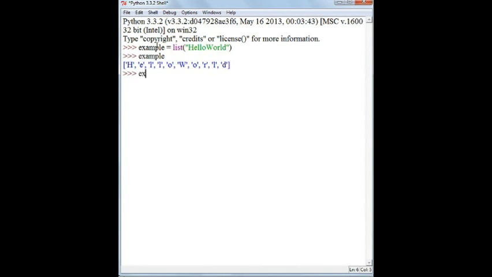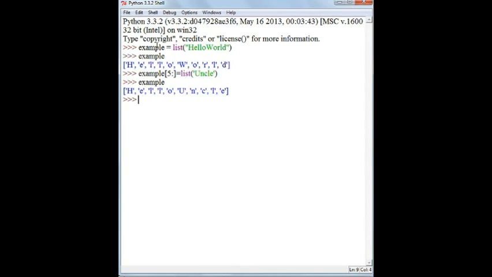So example, and earlier in slicing I told you how to get from the 5th index position to the last, so this is how you can get it. Let's change the value of the last 5 elements from world to Uncle. So now you can see that I have replaced the last 5 values, world, with Uncle.